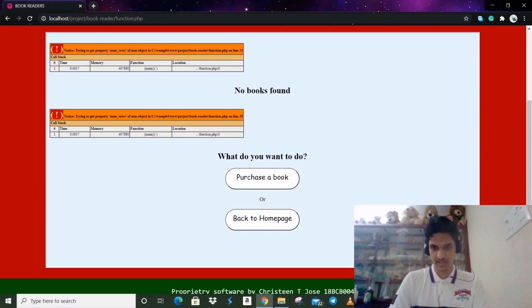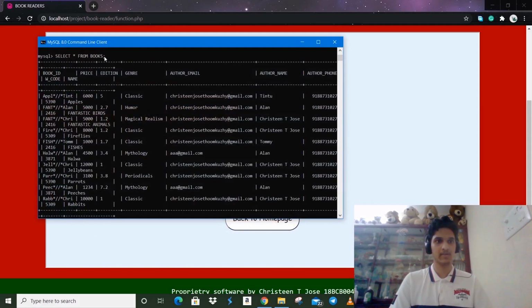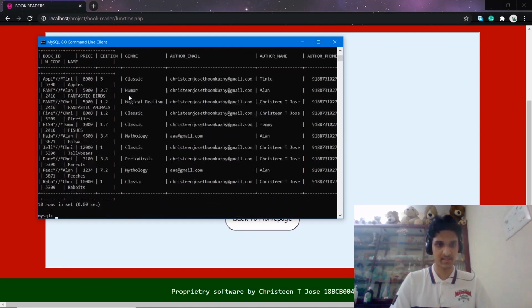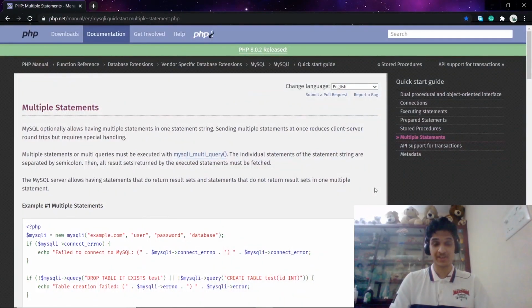Let's take a look at our database now. This was our previous result when we tried to view the details of all the books in this books table. Let's try the select star again. Unfortunately, our SQL injection attack did not work, and my plan was to drop the entire database at the end.